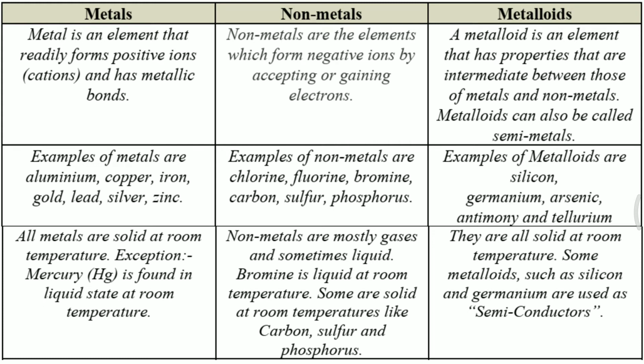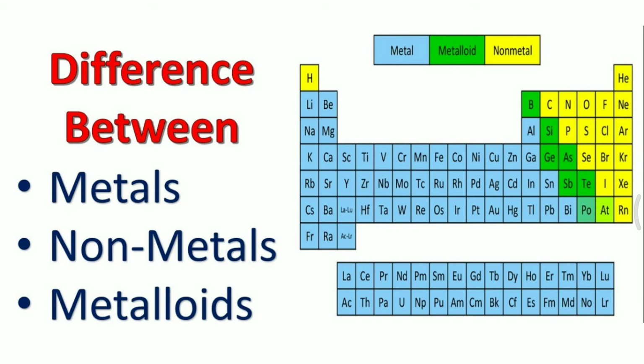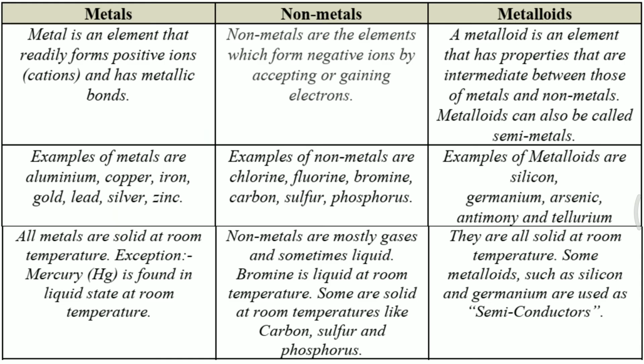As you can see here in this periodic table, this is the long form of the periodic table. All the inner transition F block elements are metals, and the transition metals like the D block elements are also metals, while in case of S block elements, the alkali and alkaline earth metals are all metals, except hydrogen. Hydrogen is shown in yellow color, so hydrogen is a non-metal. Now look at the difference.